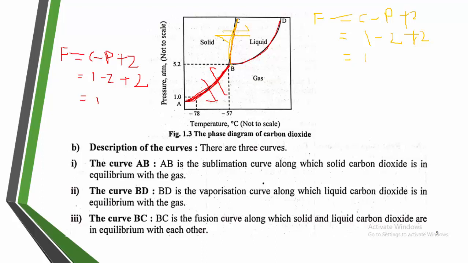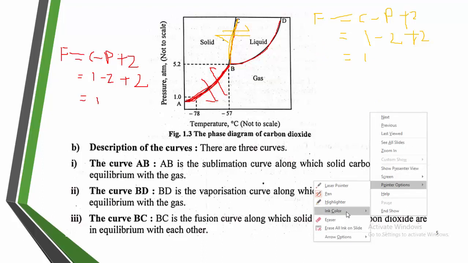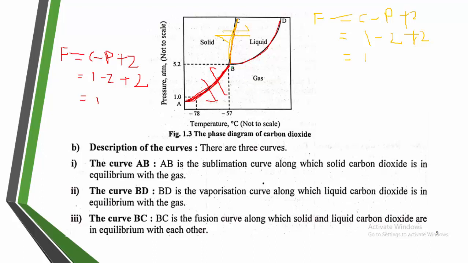Again, with this we can say that if I would like to find a state of equilibrium on this curve, it is always dependent on any one of the intensive variables, that is pressure or temperature. Again the same thing, we can get the curve of BD. Same thing, the curve of BD. Again we can calculate, these are the points on the curve BD. What it indicates is that these two things are in equilibrium, that is liquid carbon dioxide and gas carbon dioxide, both are in equilibrium on the curve of BD.